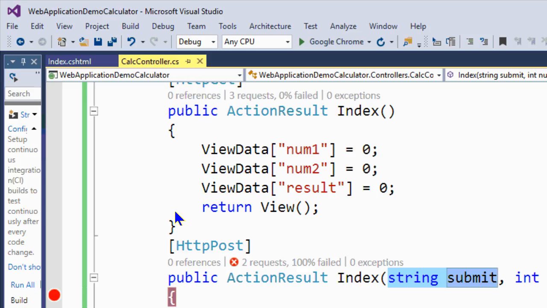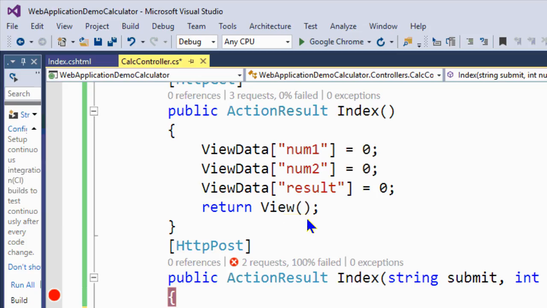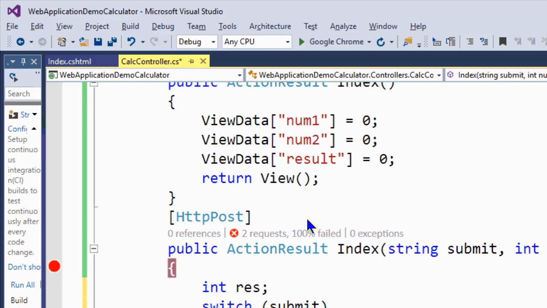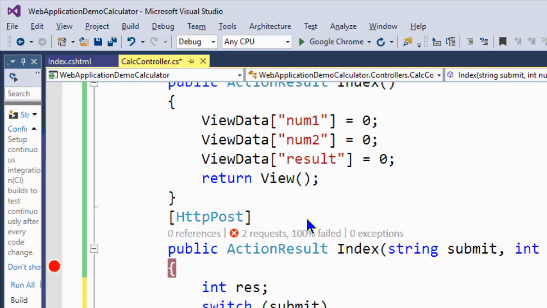So in this case, of course, I could change this one. So I could change this a little bit. So I could make a switch. That might be an idea here. Switch on submit, the value of the submit, and case add should be the add button. Then I could say res equal none, and then a break like this one,